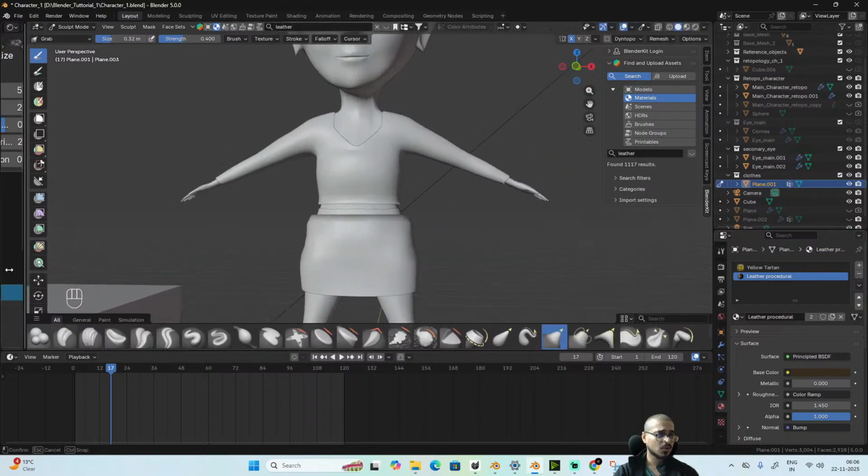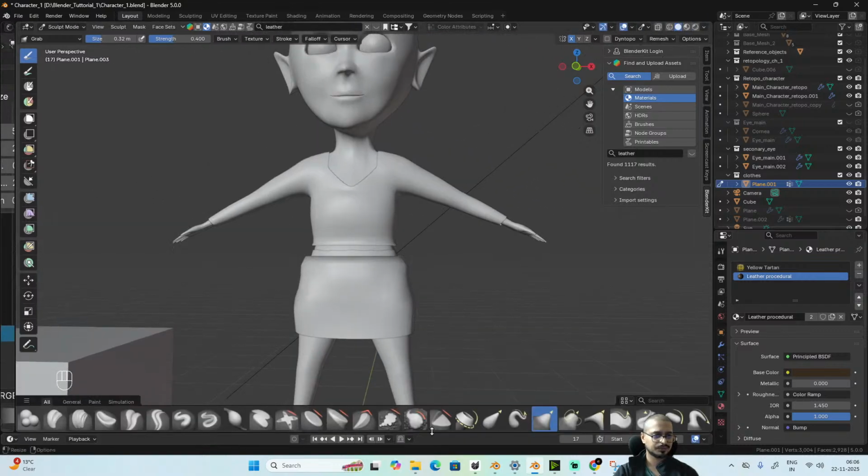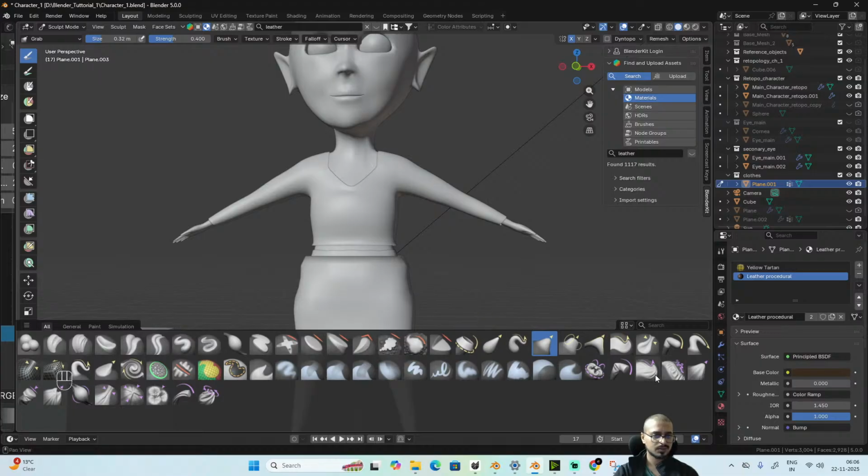I'll try some of the simulation brushes of cloth. I'll add drag, expand, contract, bend boundary cloth. I'll try this one as well, and maybe grab random inner cloth, inflate, pinch folds, pinch cloth, twist boundaries. Okay,